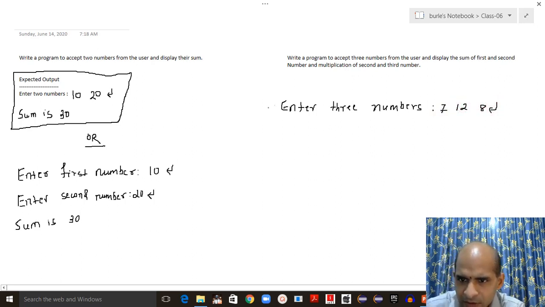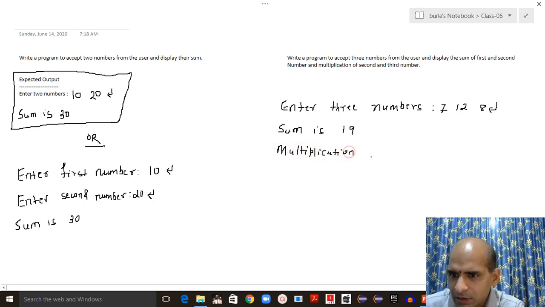Enter. So sum is, that is 19, and multiplication is 96. So if you have written this answer, that is correct,